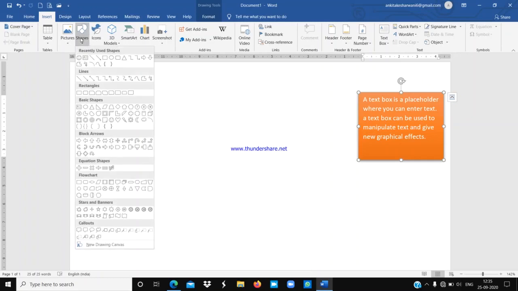When you click on it, a drop down menu displays various options like lines, rectangles, basic shapes, block arrows, equation shapes, flowchart, stars and banners, callouts. Like that you can see various shapes are available.